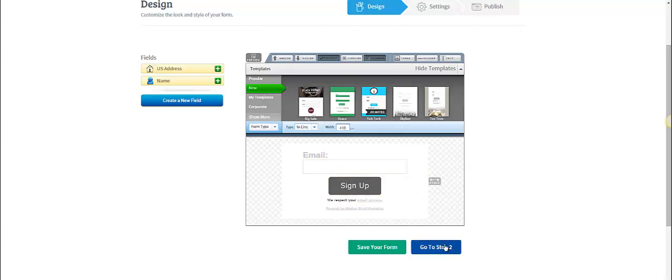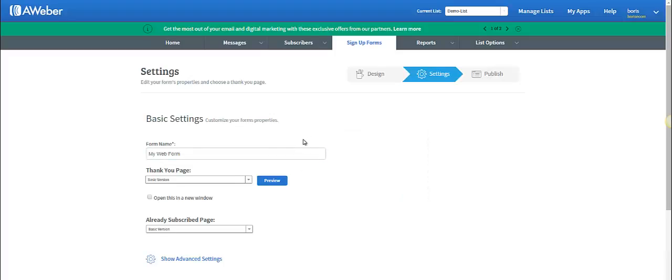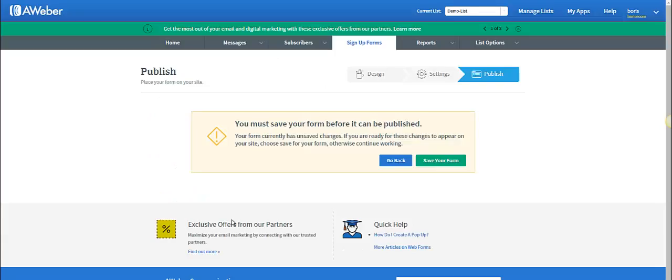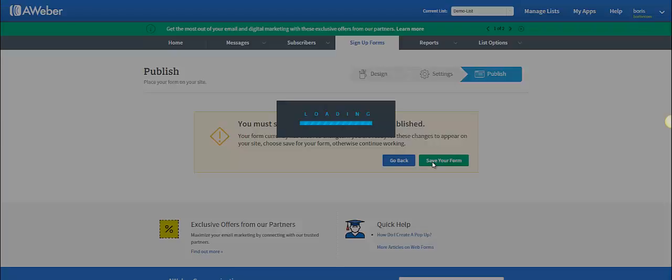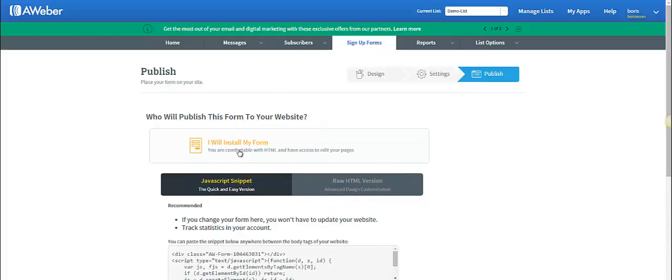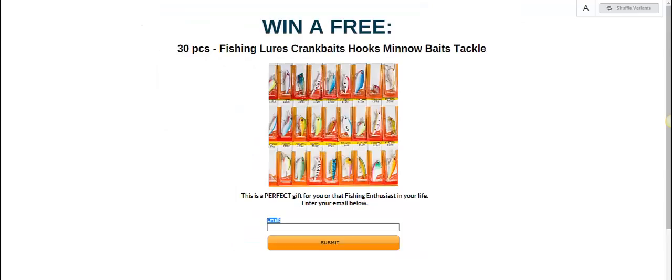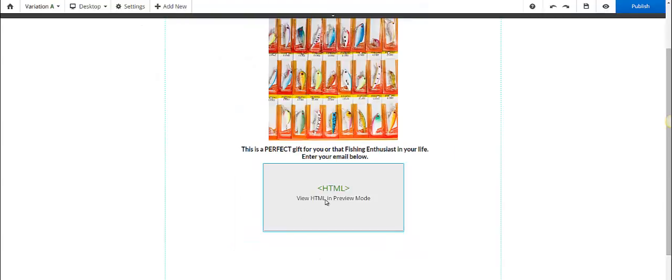So now that we have this, we go to step 2. In step 2, we name the form. So let's say my test form or my landing page form. Name it whatever you want. This is for you, okay? We're going to leave everything alone and go to step 3. Save your form, and then we simply click on this, I will install my form raw HTML version, and literally copy and paste